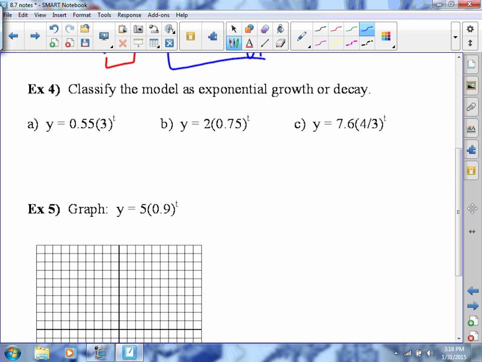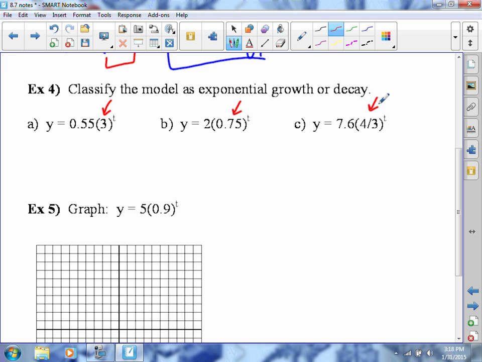Okay, now in example 4, now that we've seen both growth and decay, there's a way that you can just look at an equation and know if it's going to be growth or decay. And the way that you can do that is you have to look at the base. The 3 and the 0.75 and the 4/3. If you look at just that number, it will tell you if that equation is going to be growth or